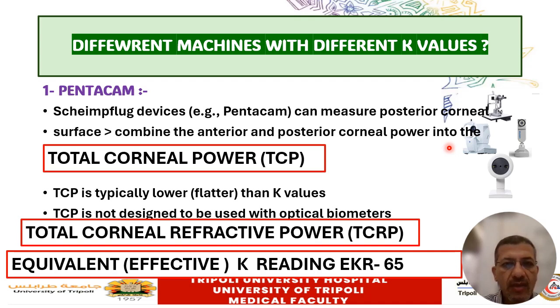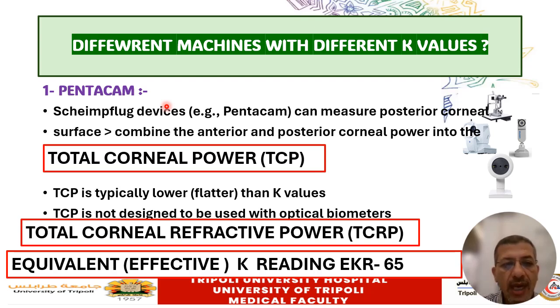So I will speak just on two machines, the Pentacam and the IOL Master 700. As you know, the Pentacam is a Scheimpflug device that uses Scheimpflug technology or camera to measure both the anterior and posterior surface of the cornea. The first terminology is what's called the total corneal power. Now, the total corneal power measured by the Pentacam refers to the power measured from both the anterior and posterior surface of the cornea,